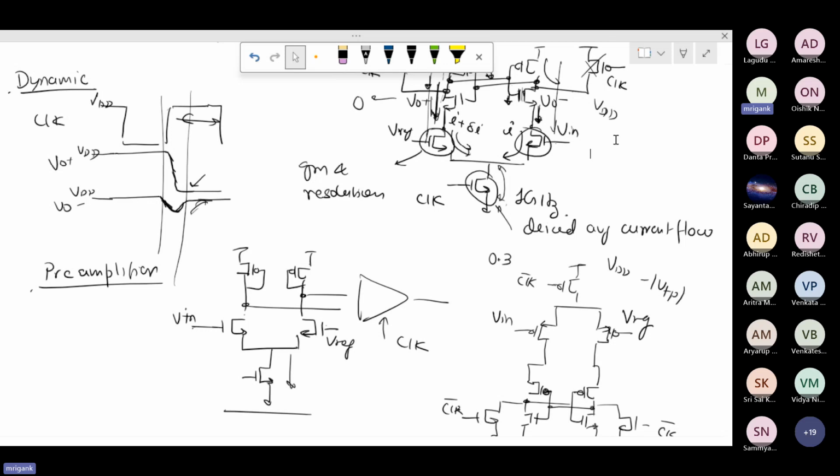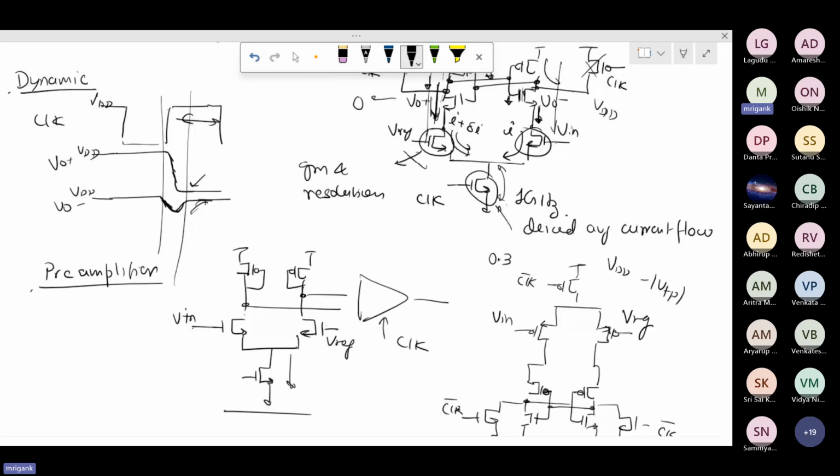But if the input signals are much higher towards VDD, it will operate. But remember that this too will be in triode region in that case. So in that case, the gm, etc. will be lesser. If your signal is very close to VDD, very high, then the transconductance of these input devices may be reduced, and that will lead to poorer resolution. So the resolution of the comparator in this case will not remain very good all throughout. The resolution will change as a function of the DC levels,